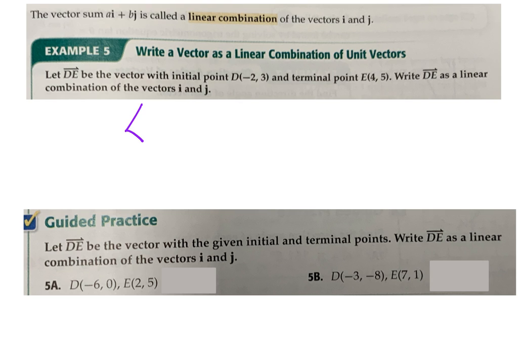So 4 minus -2 is going to give us 6. 5 minus 3 is going to give us 2. That is our component form. And then we are going to rewrite it, just saying 6i plus 2j. That's what it looks like